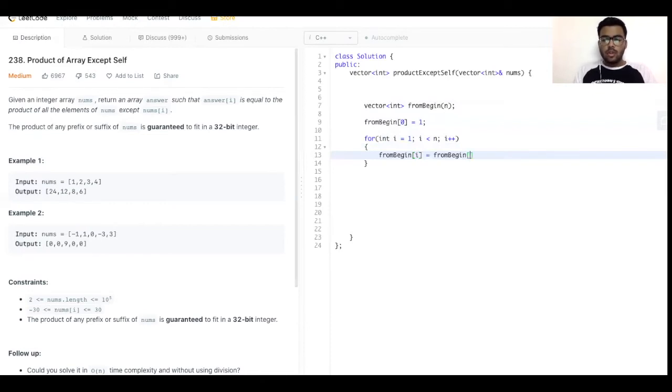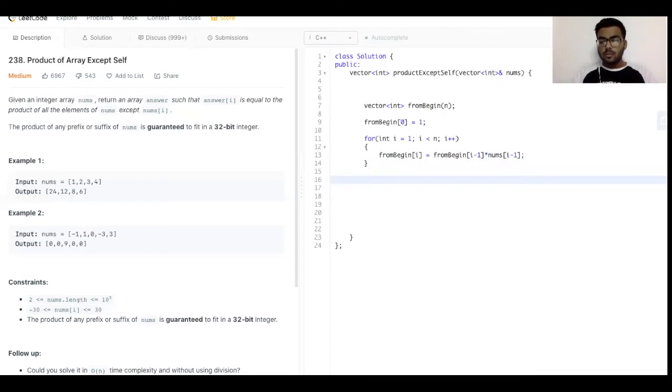So we'll be doing from begin of i is equal to from begin of i minus 1 into nums of i minus 1. Basically the previous multiplication into the previous element, which was excluded. So we have to multiply in that element again.